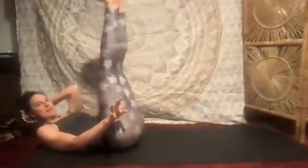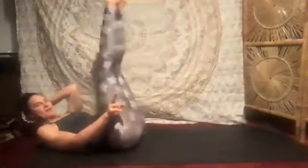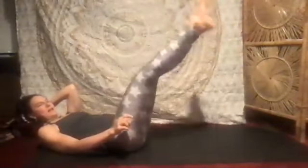4, 5, 6. Good. Way to transition efficiently. 7, 8, 9, and 10. Perfect. Now we are going to turn over, belly down,